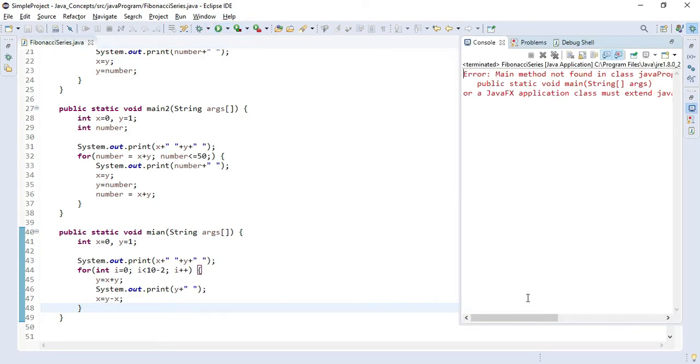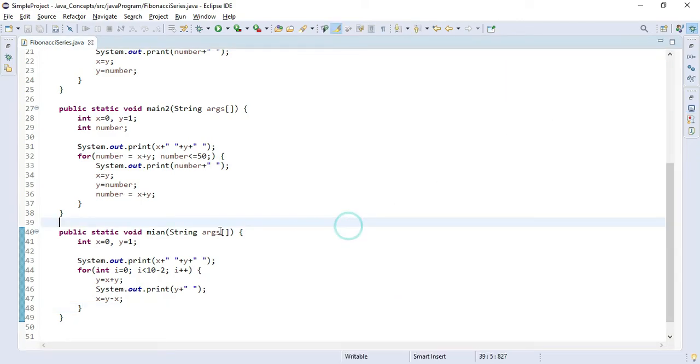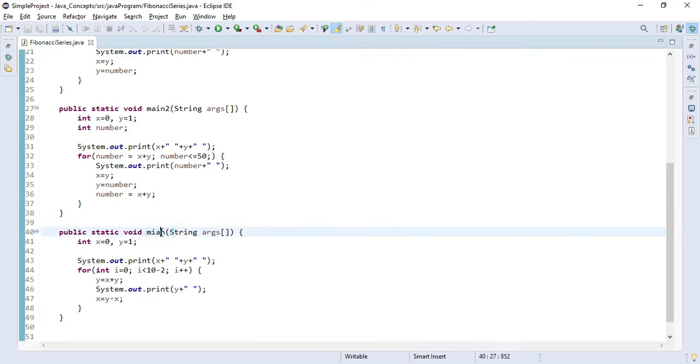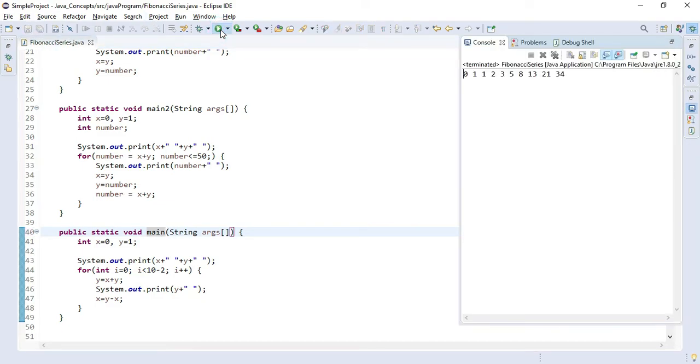Oh, it says public static void main string. Yeah, okay, we need to change this like this, and now it must be running fine. Okay, as you can see, it is printing all the 10 values of Fibonacci series.